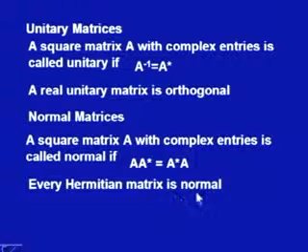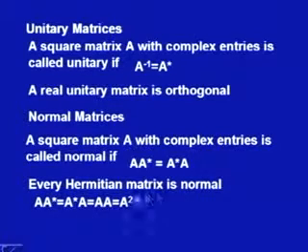So, every Hermitian matrix is a normal matrix, because A A star is equal to A star A if it is a normal matrix, but we know that A star is equal to A for a Hermitian matrix. What is a Hermitian matrix? A Hermitian matrix is a matrix with complex entries, so that A star is equal to A. So, when A star is equal to A, then this product as well as this product is equal to A square, which satisfies the condition of normal matrices, and that is why we say that every Hermitian matrix is a normal matrix,